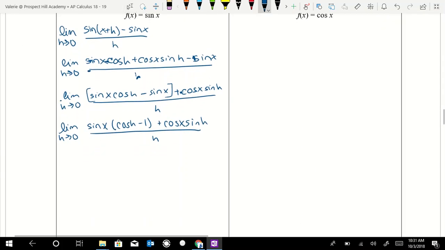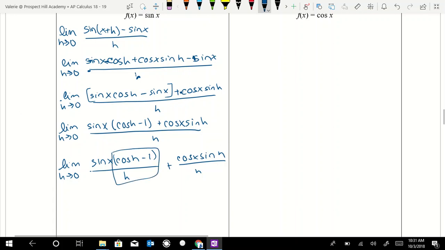Now we can separate this fraction using addition. We have the limit as h approaches 0 of sine x times cosine h minus 1 over h, plus cosine x sine h over h. So now here, this limit we know is equal to 0. We can bring the sine x out of our limit sign. So we'll have sine x times 0 plus,